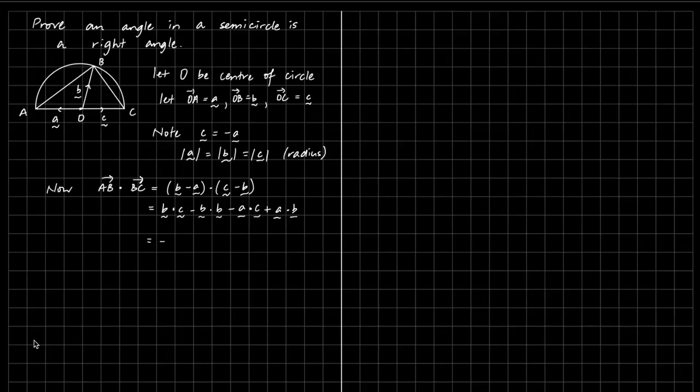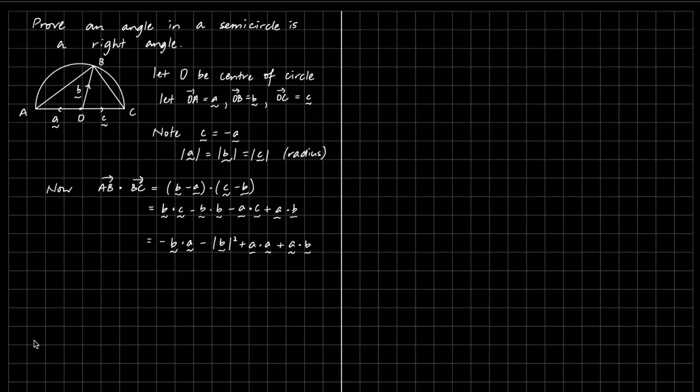So I'm going to get the negative of b dot a here by replacing c with negative a. Then I'm going to get minus the magnitude of vector b squared. For this one here I'm going to get plus a dot a when I replace c with negative a, and then I'm going to have